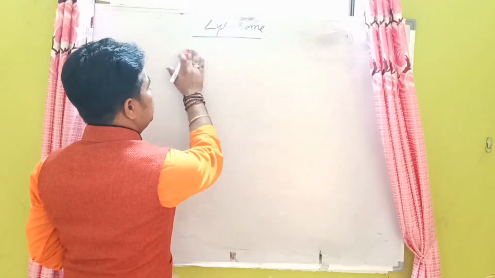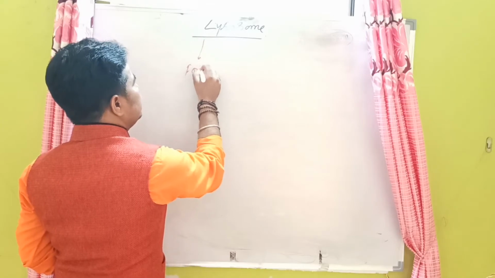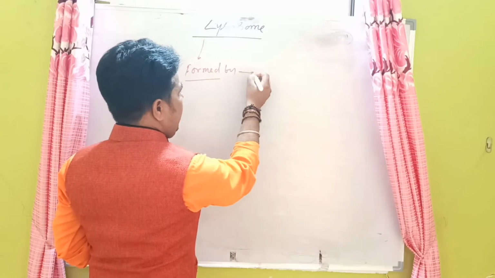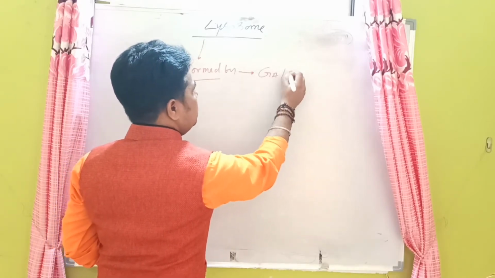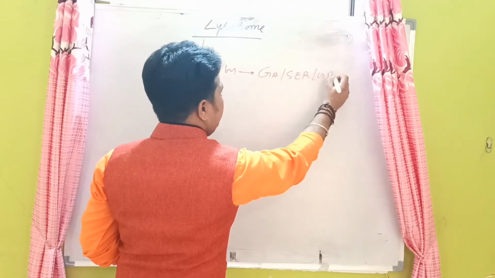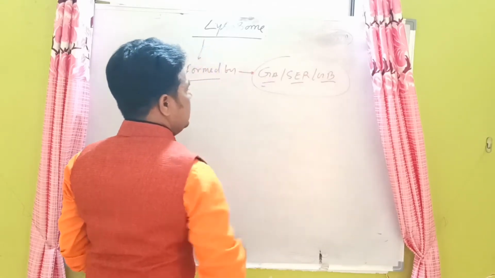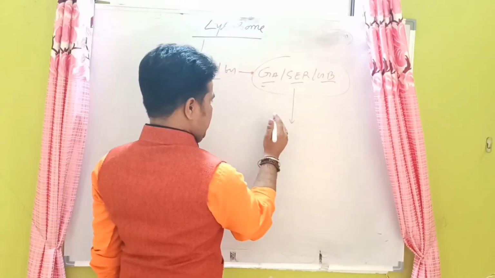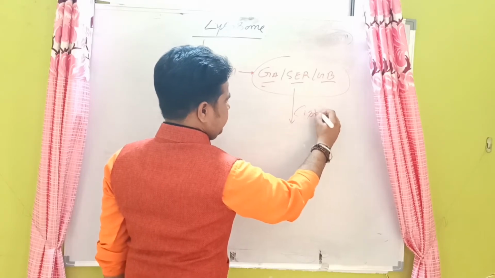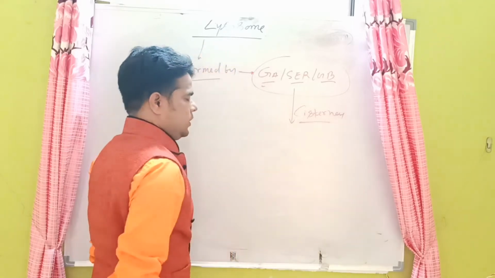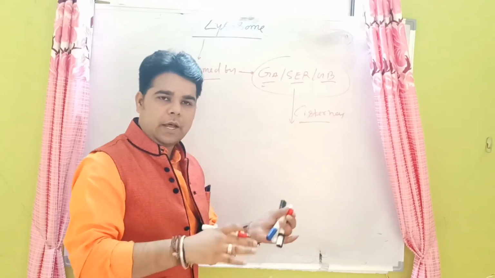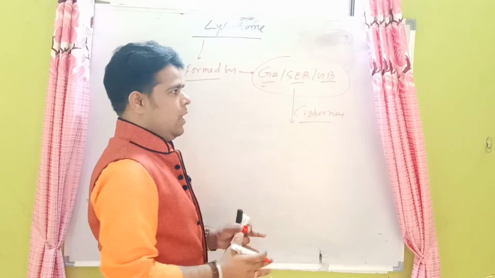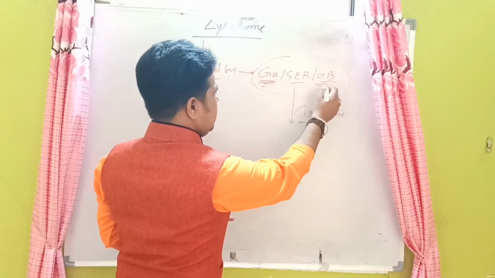Basically, friends, these lysosomes are formed by the association of the Golgi apparatus, that is also called Golgi bodies, and the SER. This is a very important cell organelle, and it is formed by the formation of cisternae. Cisternae are pouch-like and sac-like structures arranged in parallel, and the different pouches interact with each other and form the structure of the Golgi apparatus, called Golgi bodies, and